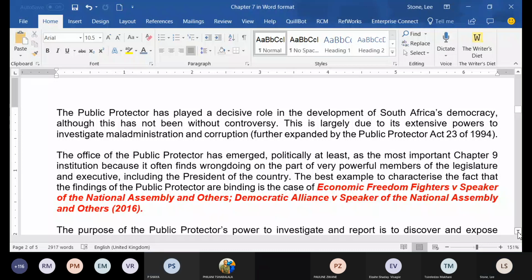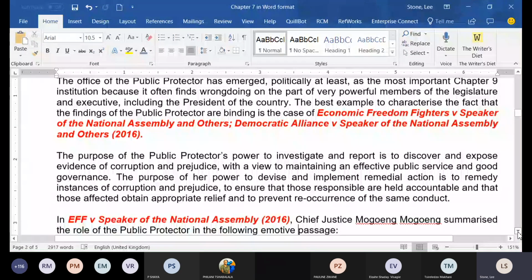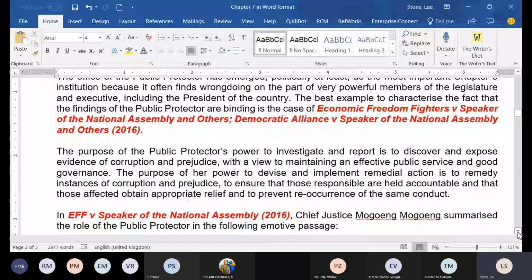I'll be very quick. Every single thing I'm saying is on these lecture notes, and I know some students rely on the recording, but since it's not going along very well, I'm just going to try and be very brief and just confirm what you already know. The EFF versus the Speaker of the National Assembly case, where Thuli Madonsela had